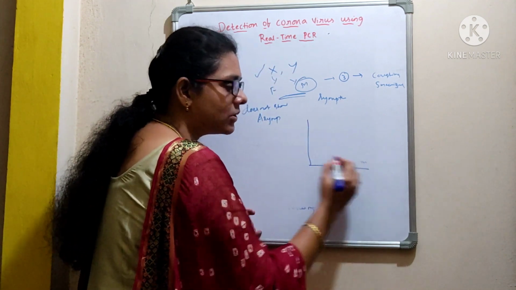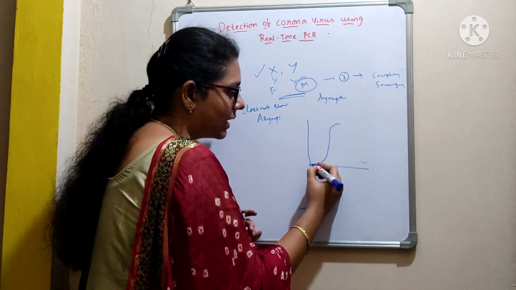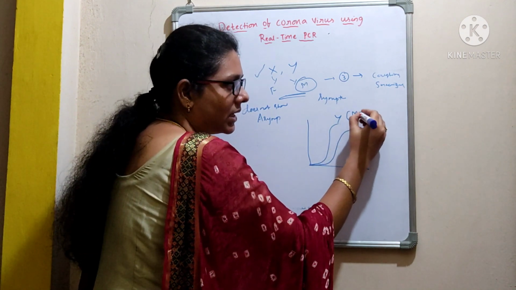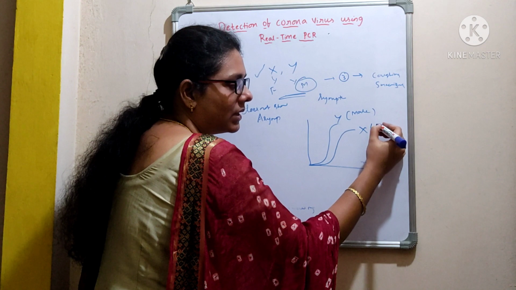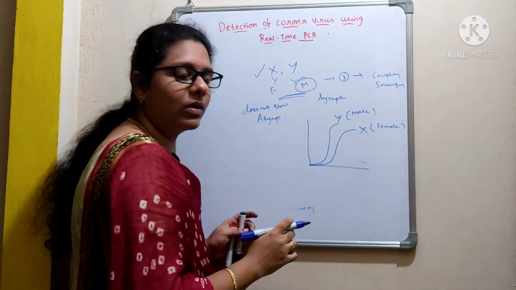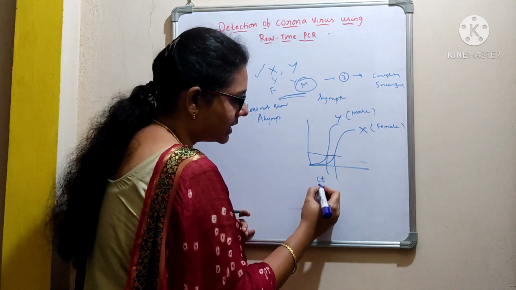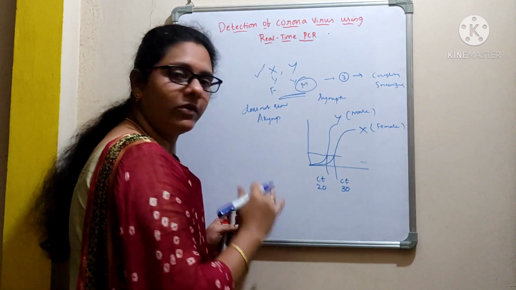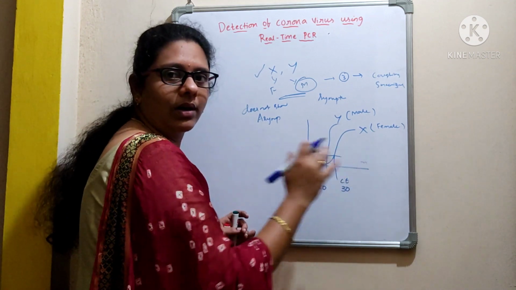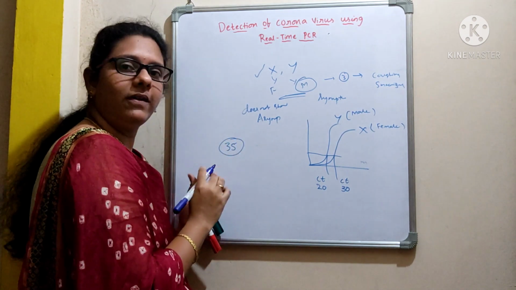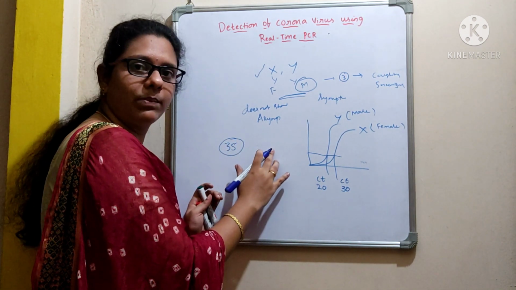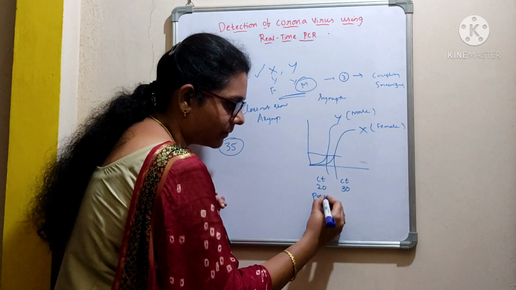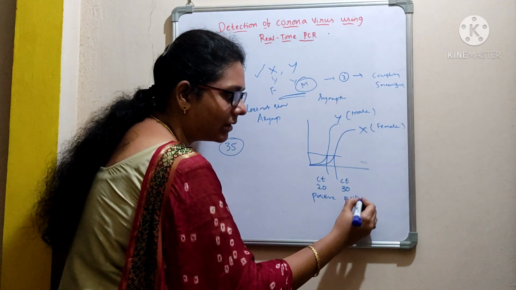Now after the performance of the real-time PCR, if you observe the graph, this is for Y and this is for X. This is for the husband, that is male, and this is for the female, that is the wife of that person. Okay, the CT value of the male is 20 and the CT value of the female is 30. Now we need to give a report whether they are positive or negative. As I already told you, 35 is the fixed value. Above 35 is reported as negative and below 35 is reported as positive. Now both are positive. Both of them were carrying a coronavirus.